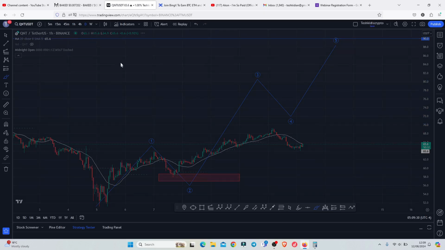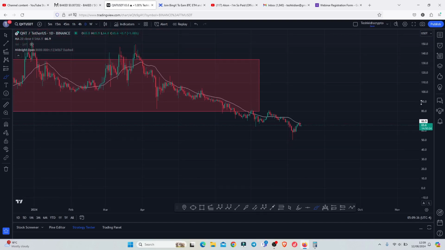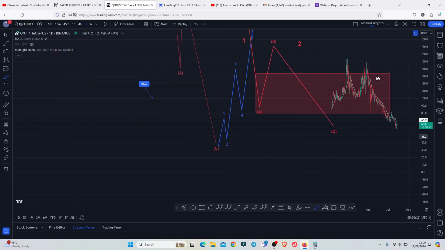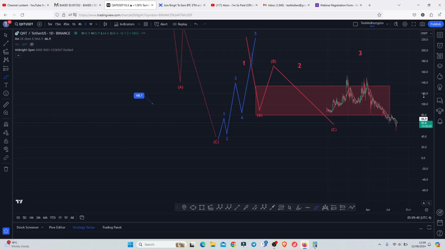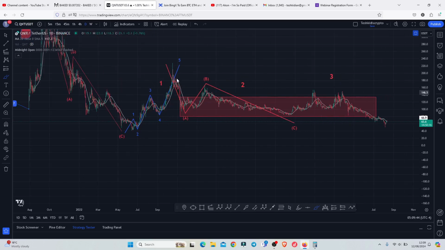Jumping to the daily chart to now discuss my long-term price prediction analysis, still basing it on the Elliott structures. On the daily chart, you can see that after getting our bear market lows down here, we saw an aggressive bounce to the upside, giving us a high above the $229 in a move that I'm terming as a larger Elliott count 1. And after we peaked in that Elliott count 1, we started a corrective structure in this larger